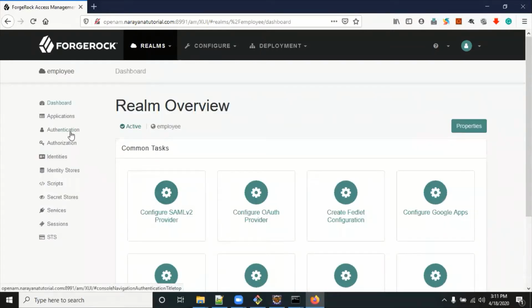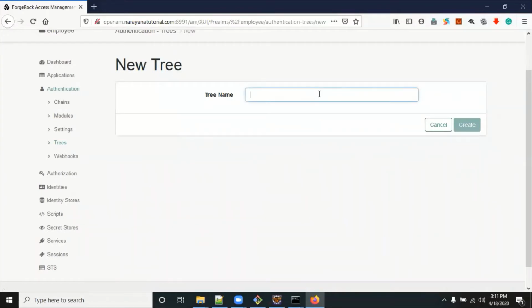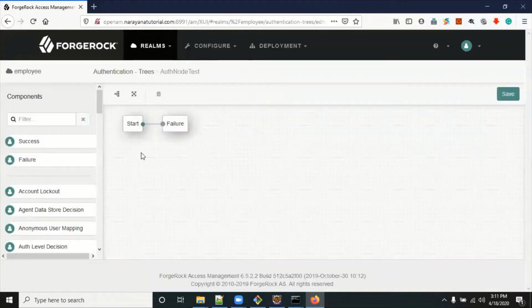In the employee realm, go to authentication. There is trees, and here we have to create a tree. Give the name auth node test and click on create. By default, start and failure nodes come. Now we have to create the tree nodes.